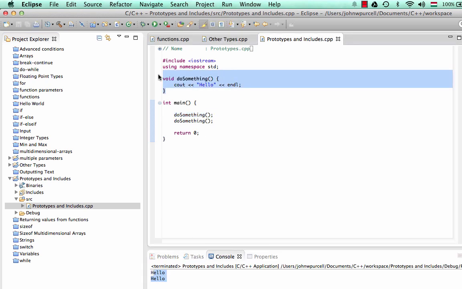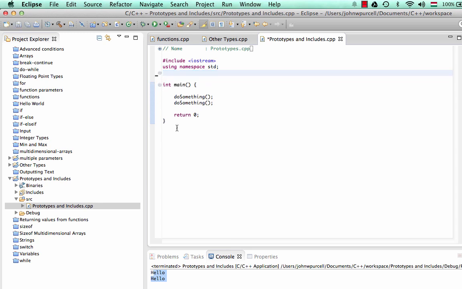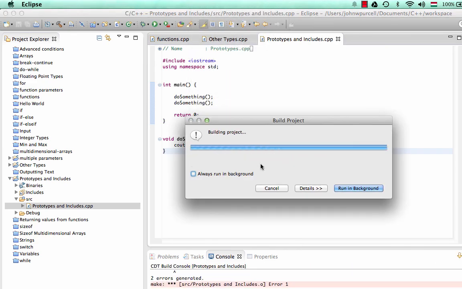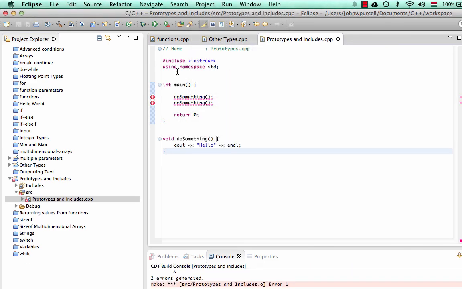But we've seen that if you were to define this function below main like this, if we now try to build the project, it doesn't work because the compiler reads this function down line by line from the top. And when it gets to here, it hasn't seen this. Now that's quite inconvenient, and we can actually fix this by putting what we call the prototype of the function